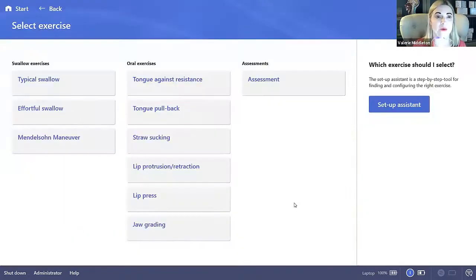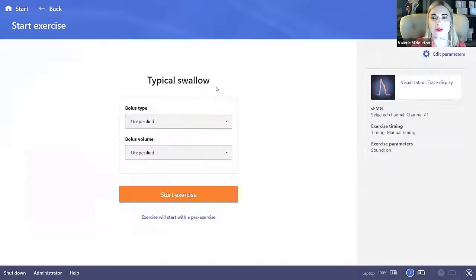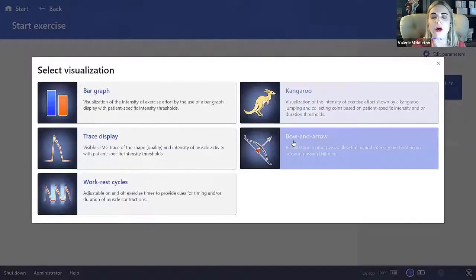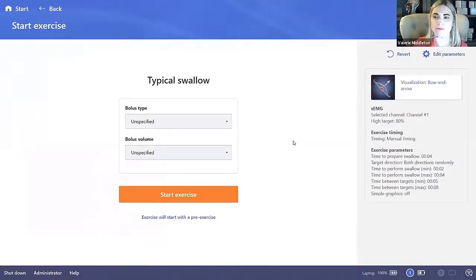But again, I'm going to stick with our demonstration mode today. And we're going to go to our exercise of typical swallow. I'm going to use a bow and arrow where the goal would be almost like a carnival game, where there's a bow and arrow at the bottom of the screen and there are balloons that come across the top of the screen in the sky. And the goal is for the patient to swallow quickly enough that the arrow is released and pops that first